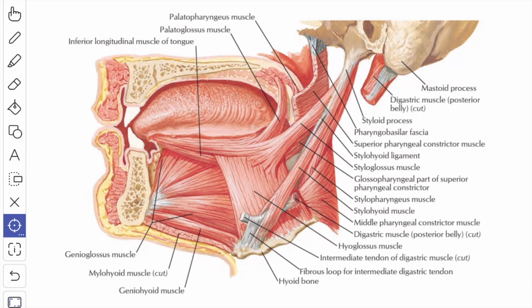Action: it retracts the tongue backward and upward, and it is antagonistic to the action of the genioglossus muscle. The next muscle we'll see is the palatoglossus muscle. The palatoglossus muscle takes origin from the undersurface of the palatine aponeurosis, passes downwards and forward in front of the tonsillar fossa under cover of the palatoglossal arch and gets inserted to the side of the tongue in front of the sulcus terminalis. Here most of the fibers are continuous with the transverse linguae muscle. Action: it elevates the base of the tongue and narrows the oropharyngeal isthmus.